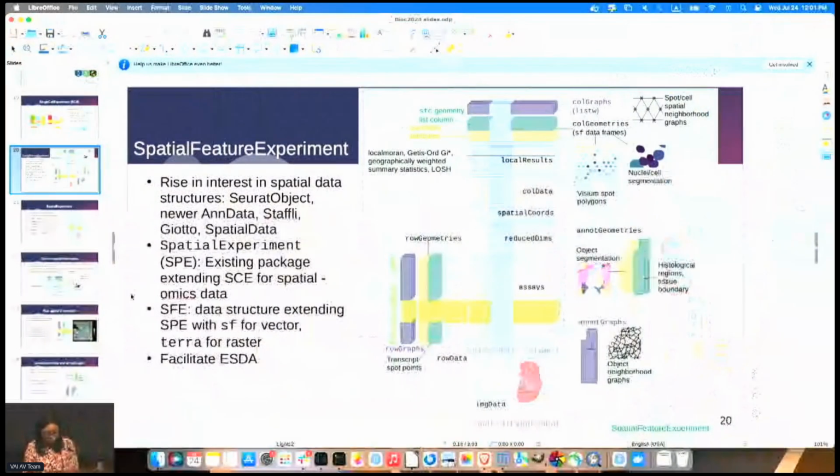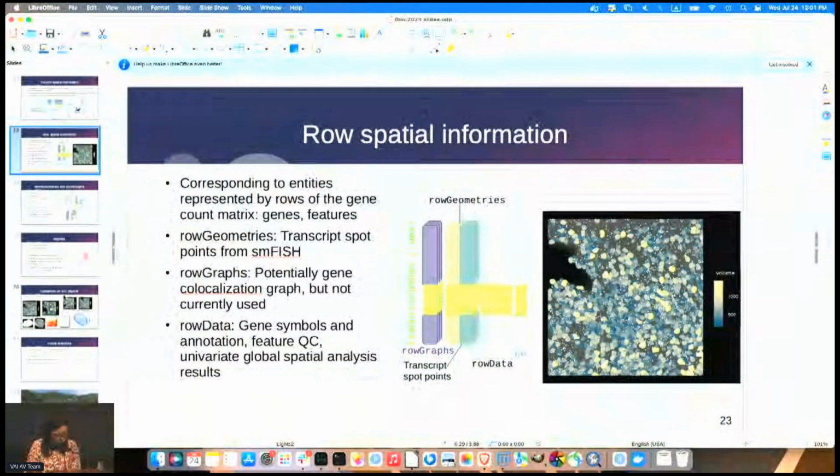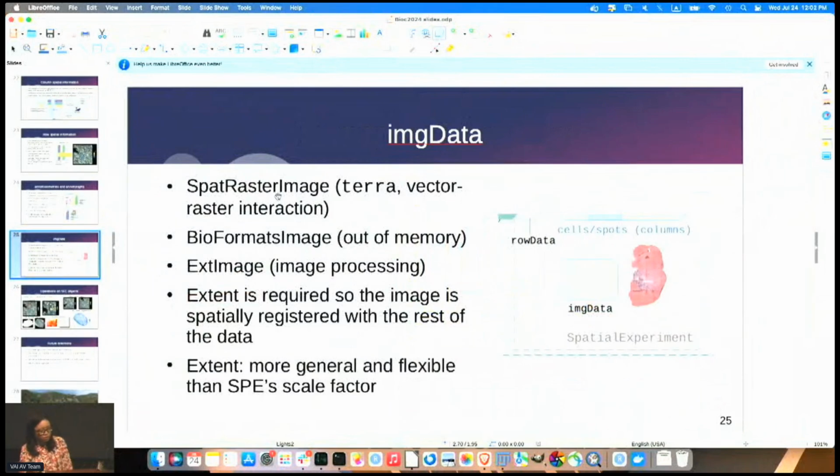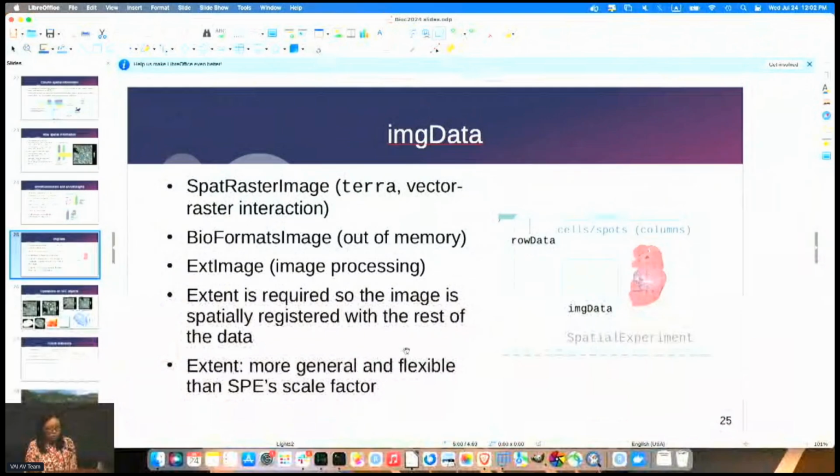All right, so when it comes to the new functionalities, we have image data, and the SFE has greatly enhanced the image data. SpatialExperiment has its own image classes, but SFE has different image classes. There are different image classes because the spatial extent is required so that the image, just like your satellite image, with the spatial extent, can be aligned to the same spatial coordinate system as the geometries. So mainly, I've used Terra for SpatRaster, that's for the geospatial tradition.